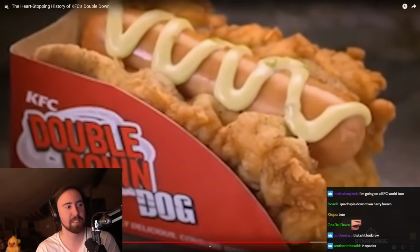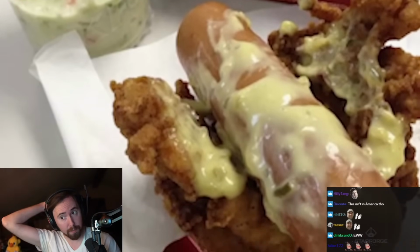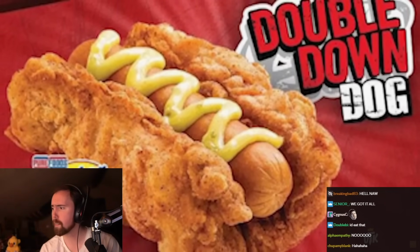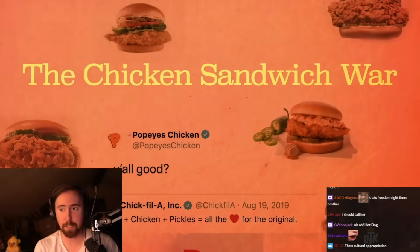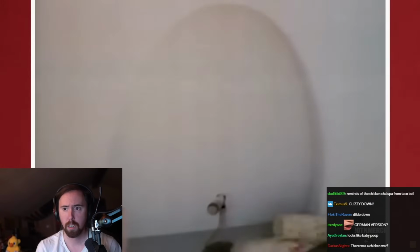and smothered in sauce and mayo. The Double Down dog was also only available in the Philippines, which is enough to make the crossover market of hot dog and Double Down fans green with jealous rage. Oh, I bet. It's the glizzy down? Once upon a time, America was all about the beef, as demonstrated by the dominance of